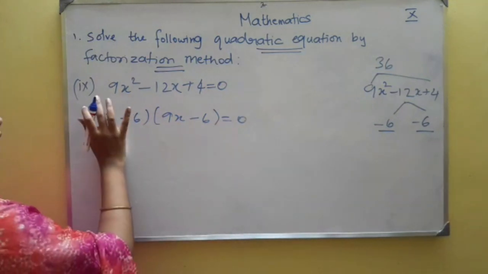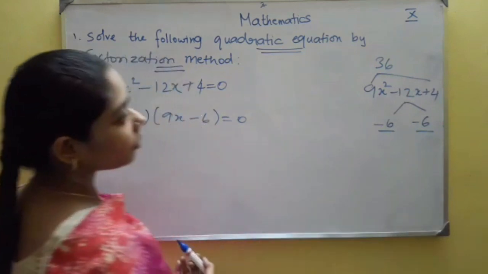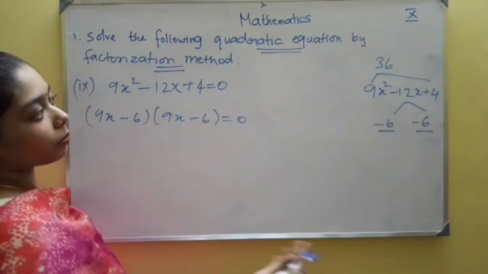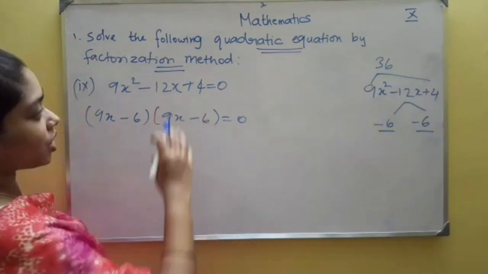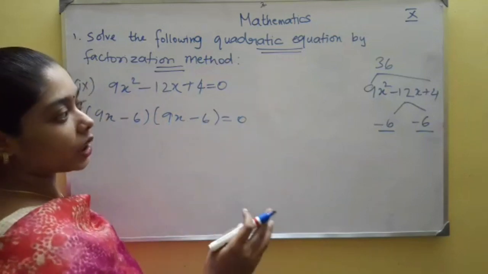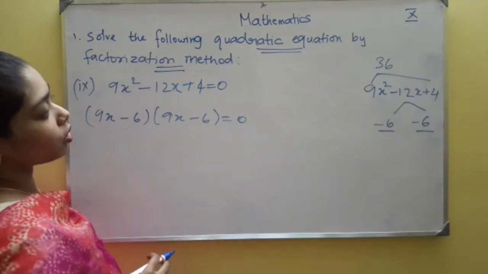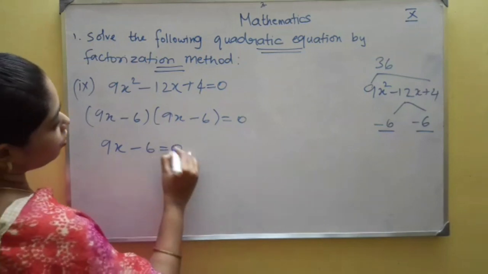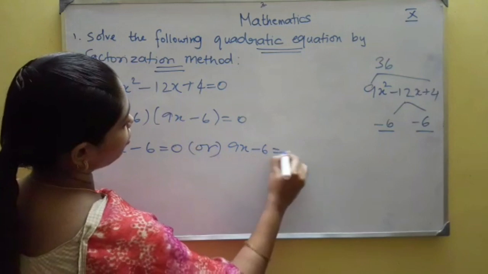So you will have a doubt: why do I get two values that are the same? Yeah, in some quadratic equations you will get two values to be the same. In upcoming topics we will see such quadratic equations, how to tell from the question itself how the solutions will look, whether they are equal or distinct, or whether we will get a solution for the quadratic equation or not. Okay, equal to 0. And one more time you will write 9x minus 6 equal to 0.